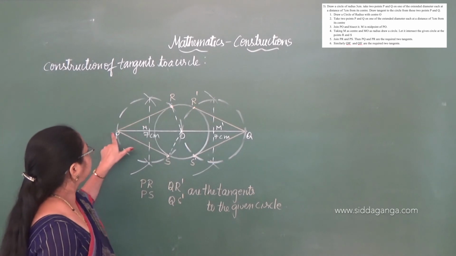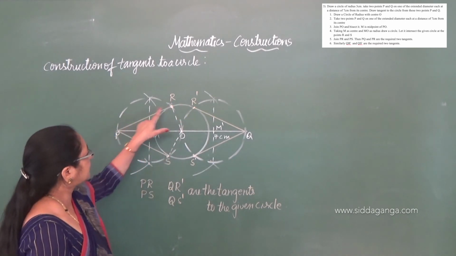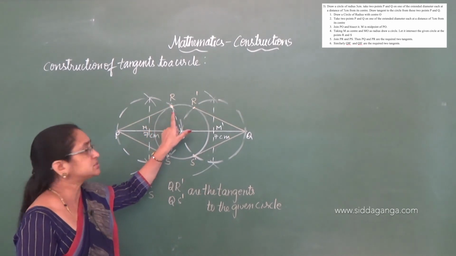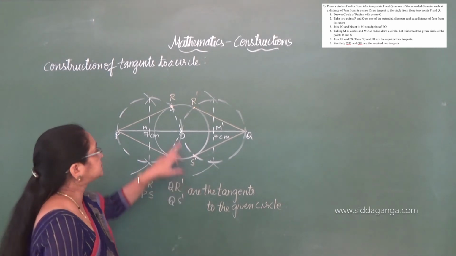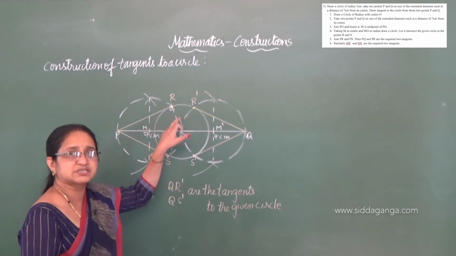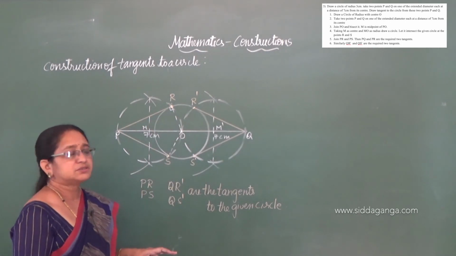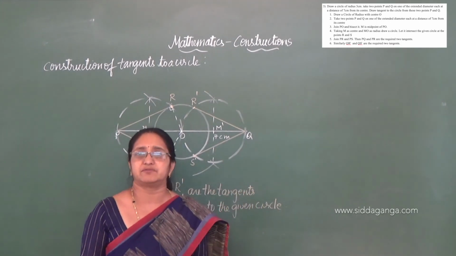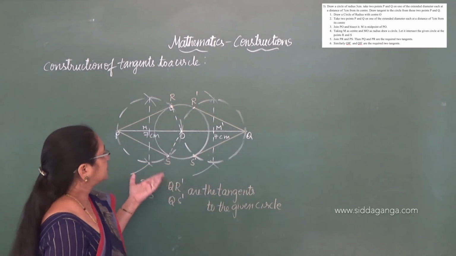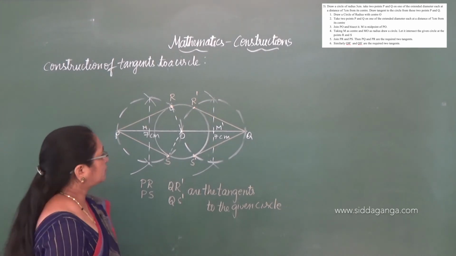And PR is a line, and the radius and the line are perpendicular to each other, because this angle, just now I got it as 90 degree, yes or no? Because this angle lies in the semicircle, understood? So those two are perpendicular. So definitely radius and the tangents are perpendicular to each other, we have proved it. The same procedure, justification we can give. I hope it is clear.